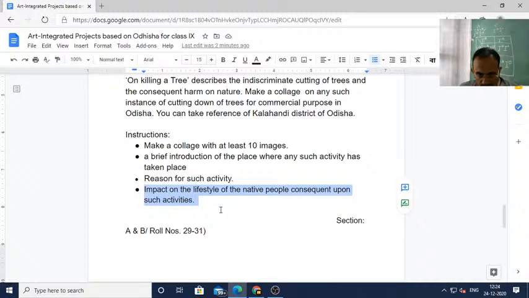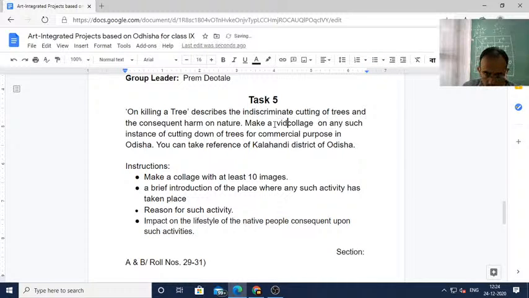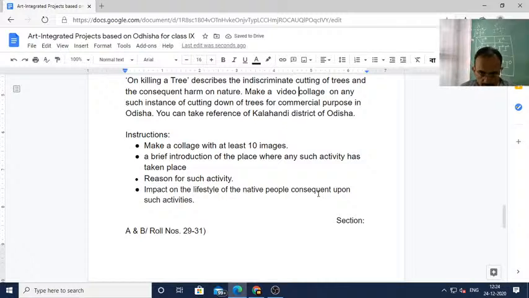So you make it a video collage. Make a video collage so that your voiceover can come, because if it is just a mute collage, people will not be able to know what it is, and your presentation may not be so appealing. So we make a video collage, and include these points: a brief introduction of the place where such activity